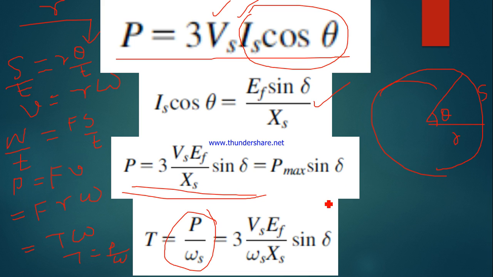So now if I put the value of P here, it is coming like this. So here it is very clear that when the entire dynamics of the machine are in steady state, then these things are more or less constant, and your torque is a sinusoidal function, a sine delta. This is the load angle. So if you can create the load angle of 90 degrees, so sine 90 is maximum, you will get the highest torque.